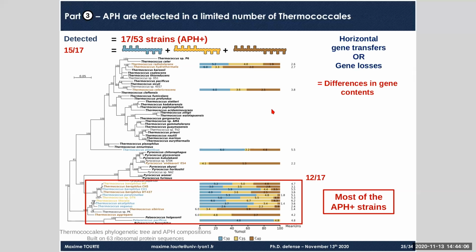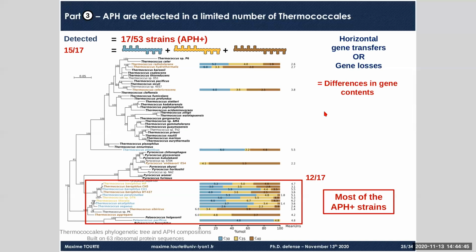We could invoke 2 hypotheses to explain such a distribution of apolar polyisoprenoid in Thermococcales. The first one is that the fact that these randomly dispersed Thermococcales could synthesize apolar polyisoprenoid suggests that they could have been the subject of isolated events of horizontal gene transfer and thus acquired the ability to synthesize this compound. On the other hand, we could also suggest that the species that were negative for apolar polyisoprenoid could have randomly lost the ability to synthesize this compound.